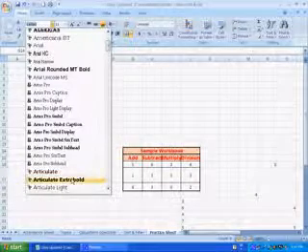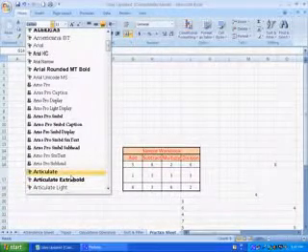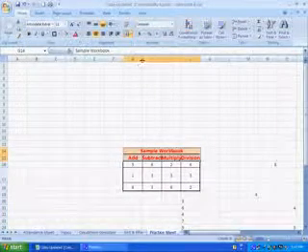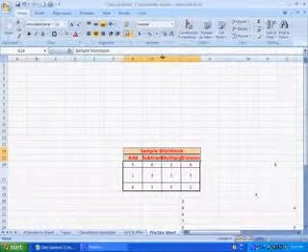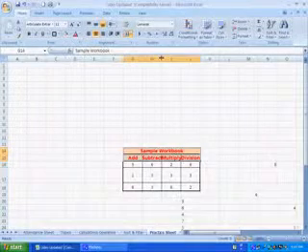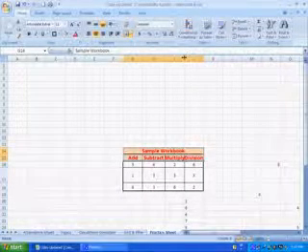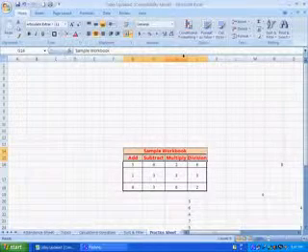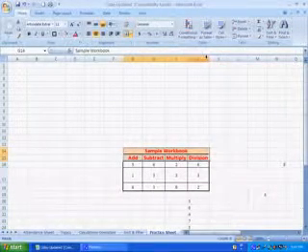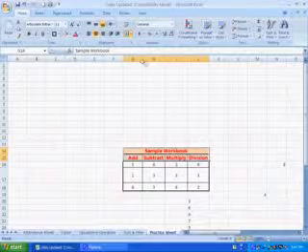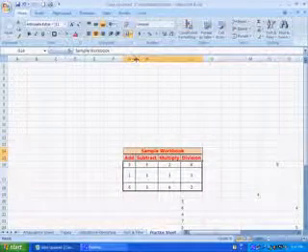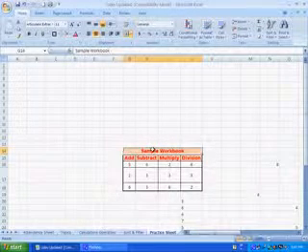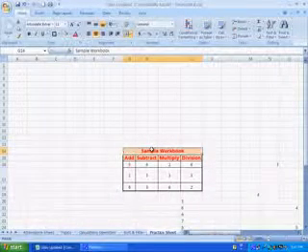Suppose I choose this font, I'll increase the column width. I'll just double click. It will automatically adjust my column width. So in this way you can change the font for your table.